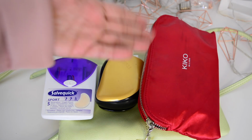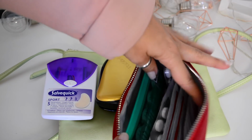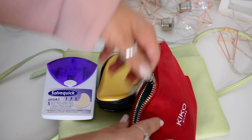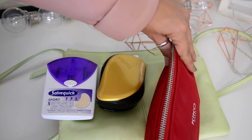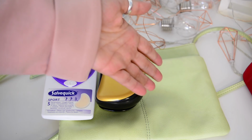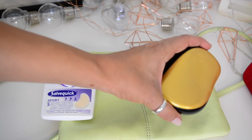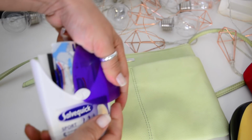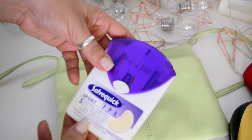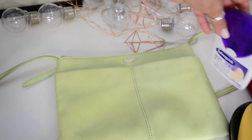In my carry-on, I had a little pouch with any sort of medicine that I may need, you know, sore throats and belly aches or whatever, everything in here. I'm not getting younger, so I have to carry stuff around. I had my travel tangle teaser, this little case that comes with the blister patches and any other boo-boos, and